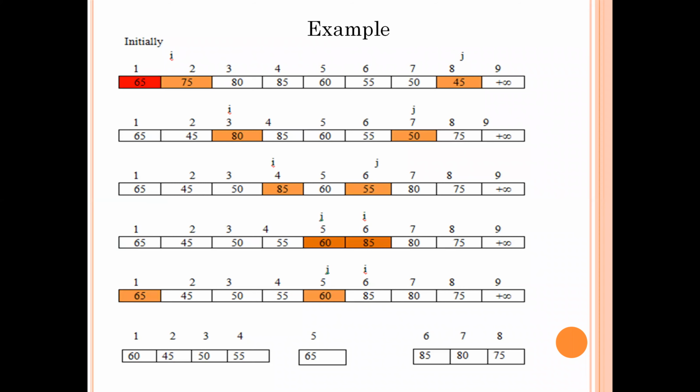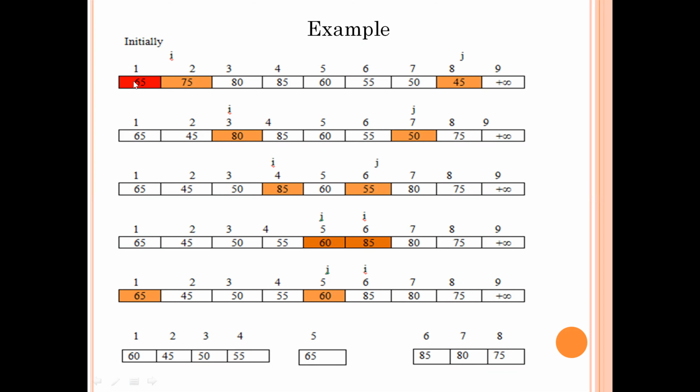So now we will see the example. So this is an example. Here you have how many elements? 8 elements. We have 8 elements. First of all, I told that a of 1 must be selected as the pivot. What are the starting and the ending indexes of your list? It is 1 and 8. 1 is the starting index and 8 is the ending index.